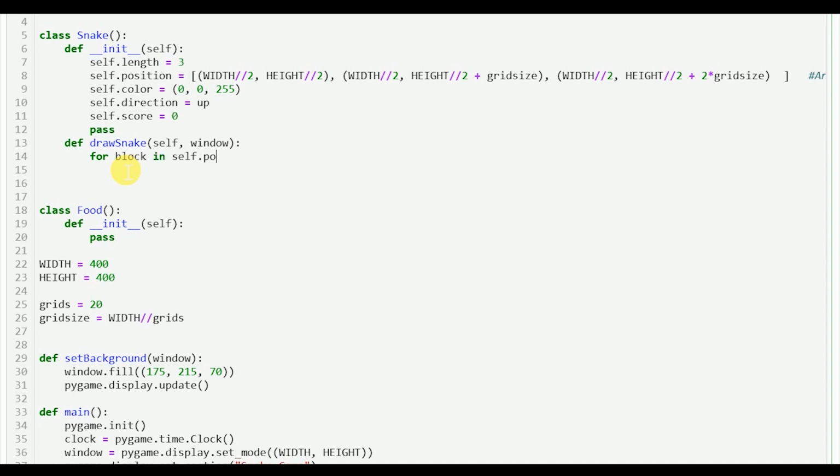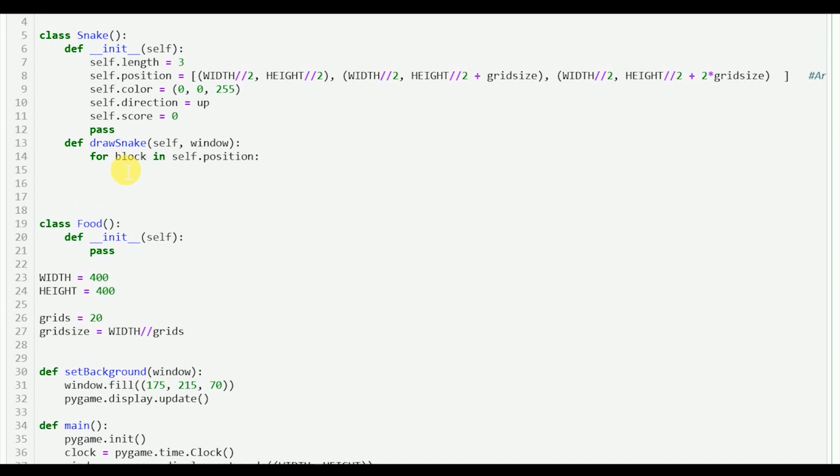In self.position, okay, so these are the blocks. I'll have pygame.draw.rect. So I'm drawing a rectangle on the window, and the color will be equal to the snake color which is specified, and I have to specify the specifications of the rectangle, which are the top left coordinates of the rectangle and the width and height of the rectangle. That will be nothing but block 0, since block is nothing but the coordinates, right? So block 0, block 1 are the x and y coordinates